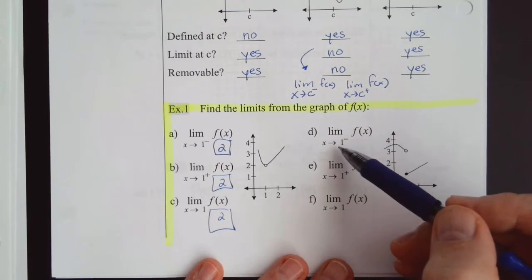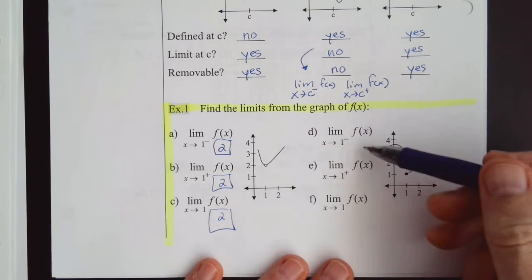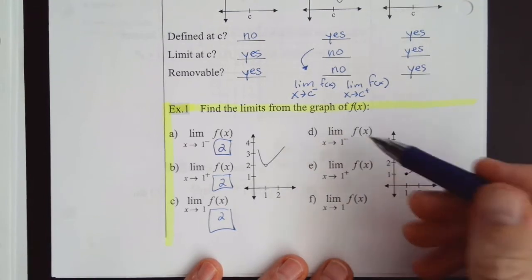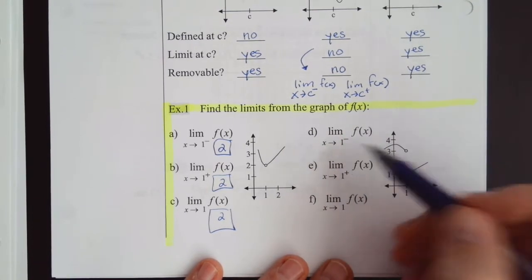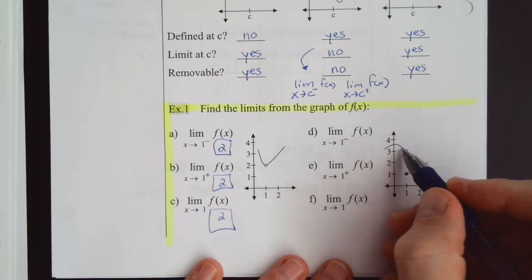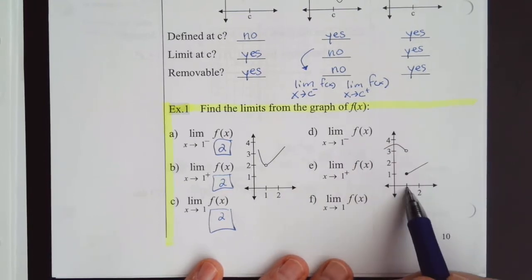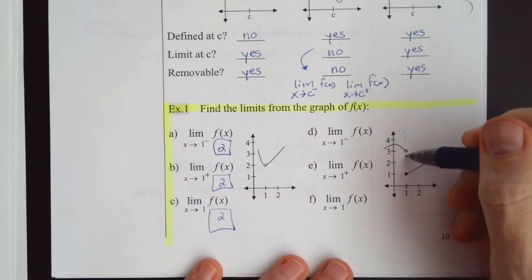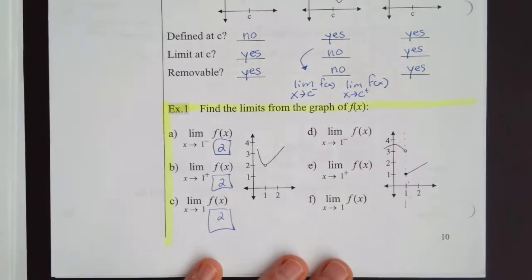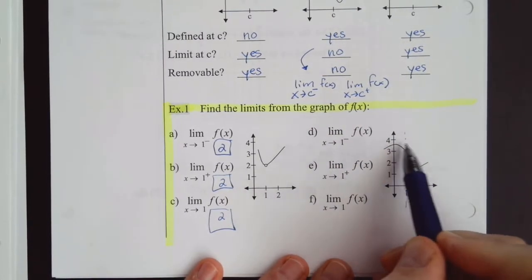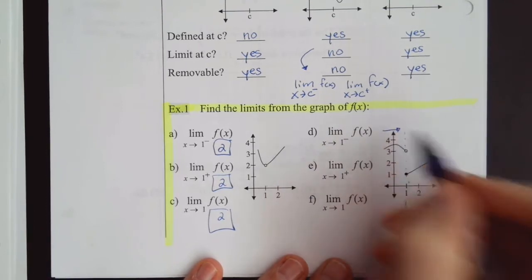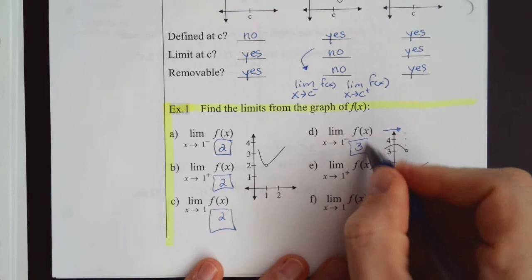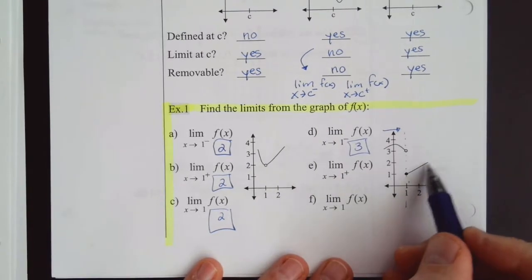What's the limit of the function is, again, pause and try to answer all three of these. Or at least pause and answer the first one and then check and then pause again. So as x approaches 1 from the left, so here's x is 1, all along here that's x equals 1. Okay, so as we approach 1 from the left, we're approaching 3. As we approach 1 from the right,